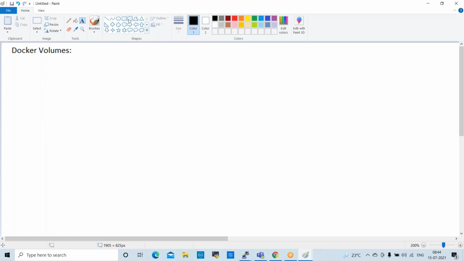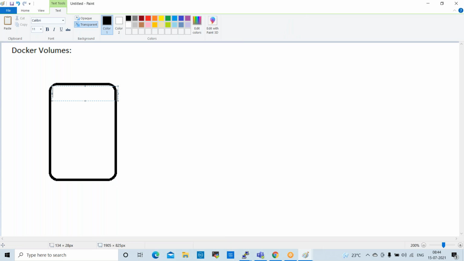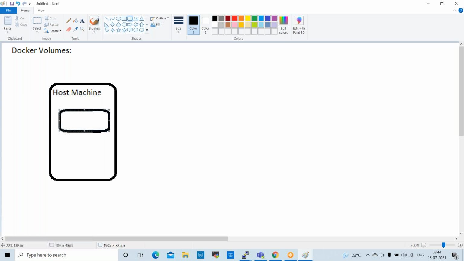So normally, for example, this is our host. Host means Docker server, Docker machine. This is the host machine. On the host machine, I have one folder available.